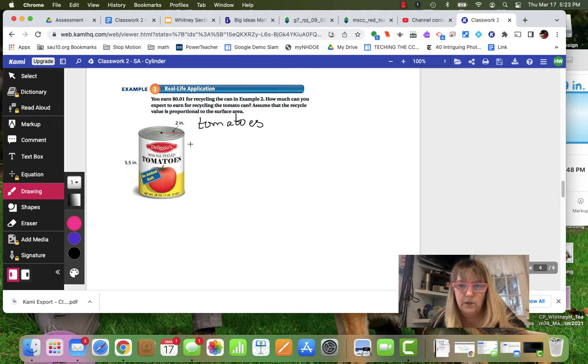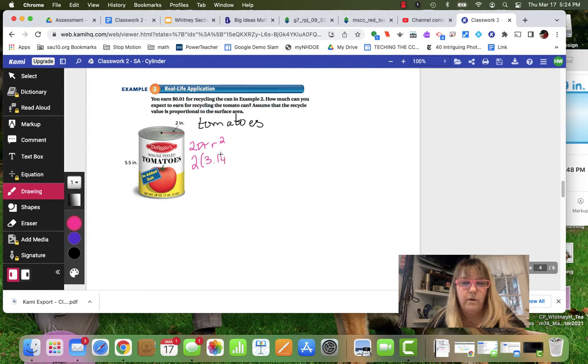So this is 2 times pi times the radius squared, right? Because this is going to take care of the top of the can and the bottom of the can, because they're both made of aluminum. So we're going to say 2 times